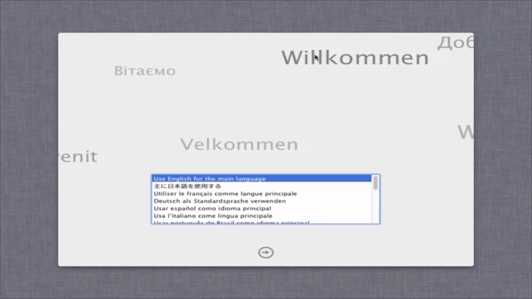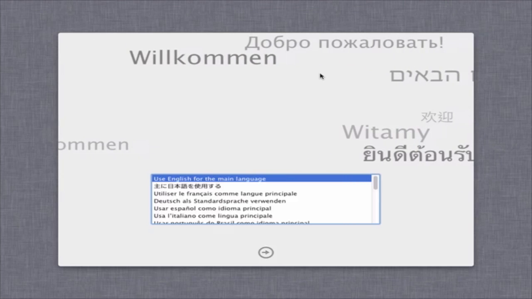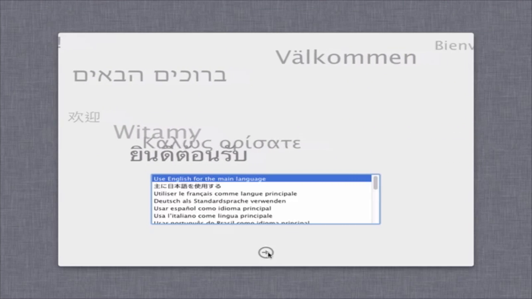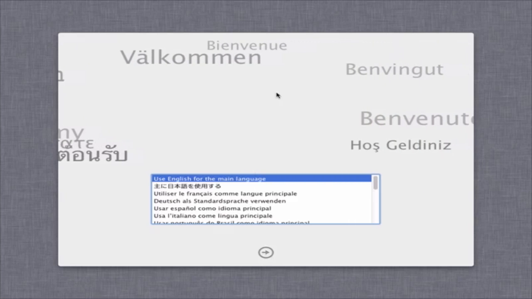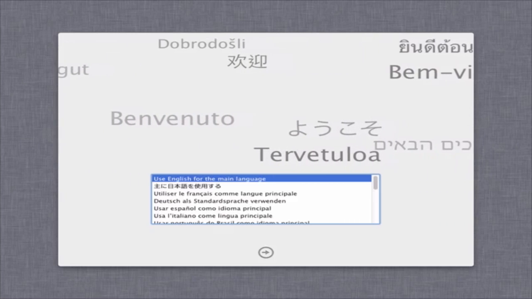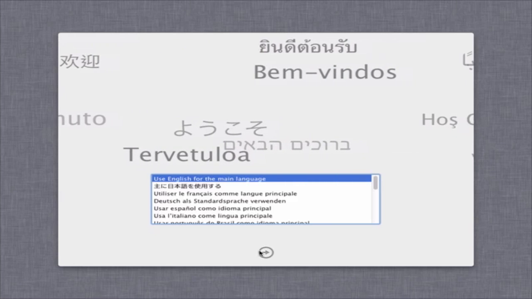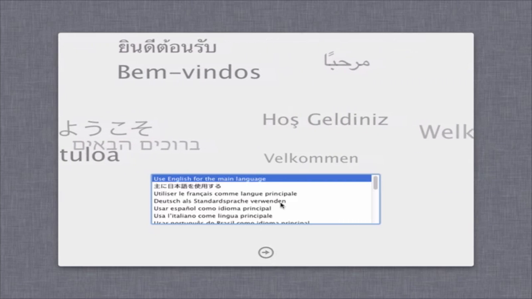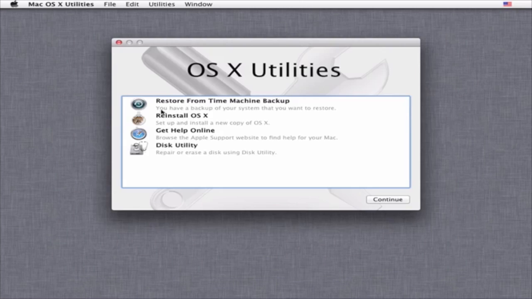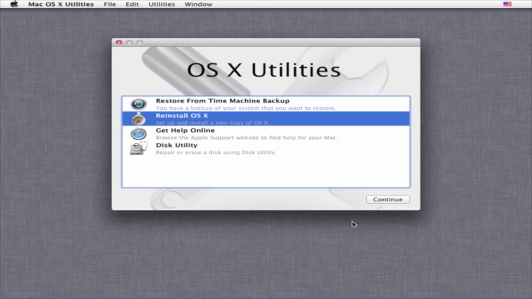Alright guys, so here's Mountain Lion, as I'm going to be installing it in a virtual machine right now. It's the developer preview. So this is when you first get your new Mac, turn it on. This is what it's going to be like. I'm using English for the main language. So next, hit reinstall